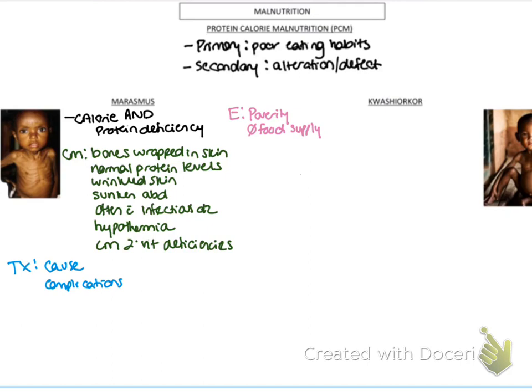And then you're going to treat any complications. And like I said, you need to supplement slowly. We can't just say their problem is no food, feed them. If you feed them too fast, you can actually make the situation worse. Anyone ever watch Survivor, where they haven't eaten for like 3 weeks and then they win the reward and they're all in the bushes throwing up and with diarrhea because they just gorged and they're not used to it? It's the same thing. Their system has kind of shut down, and to wake it back up, you have to wake it up slowly.